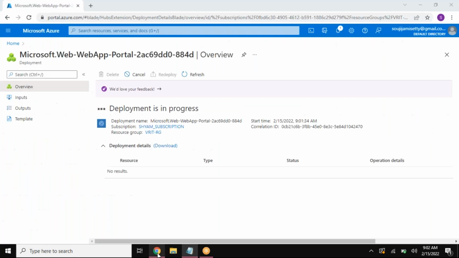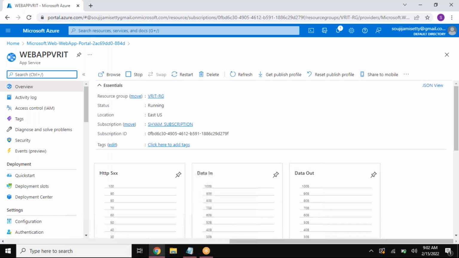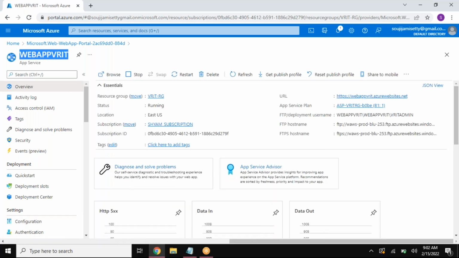Before that, let us see. Yeah, it's done now. Very good. The good thing here is that when you create your web application, currently I have no code generically, because I just mentioned that PHP is the language, the technology I chose to write my code. That's it. I did not provide any code here. But still,